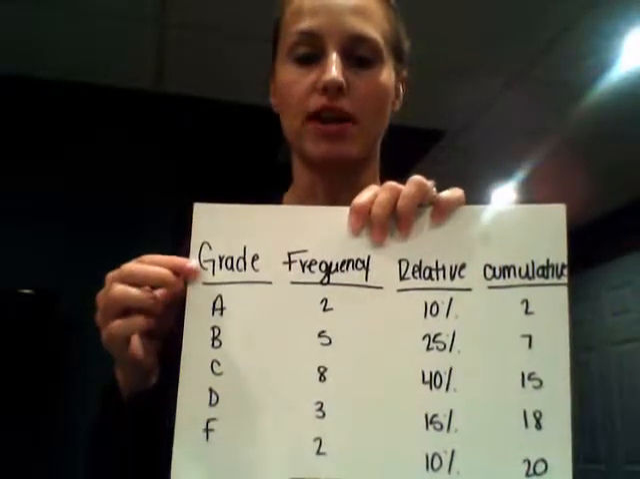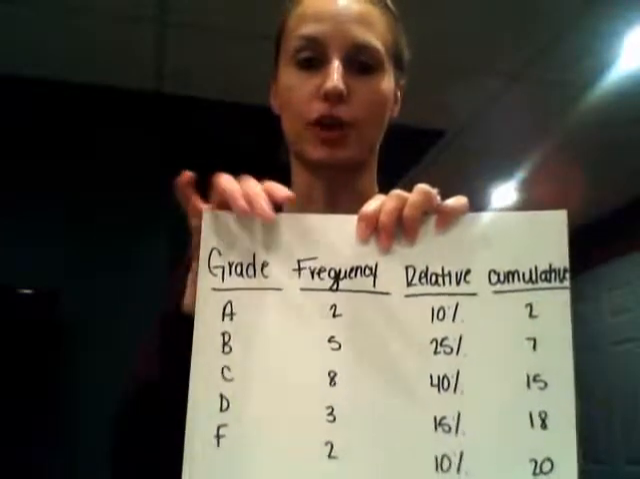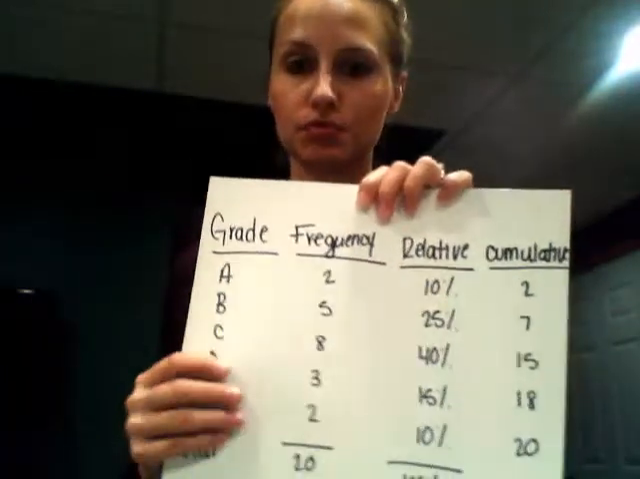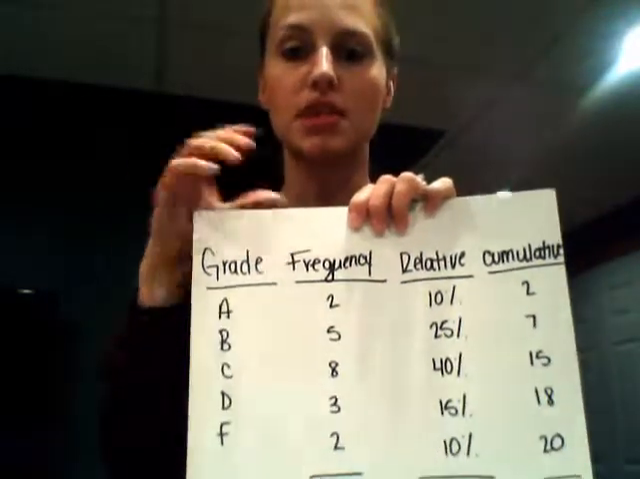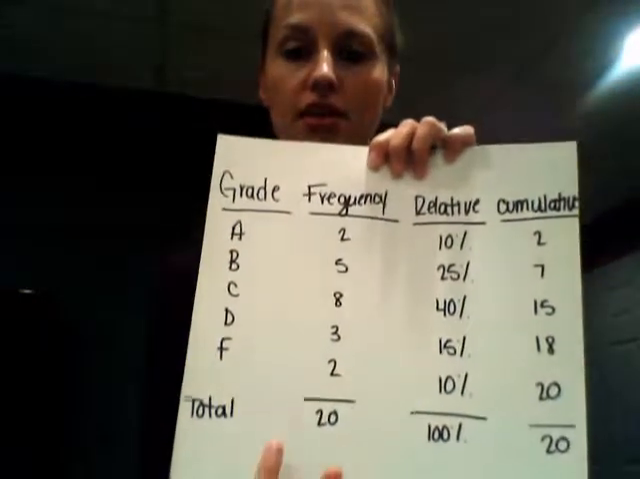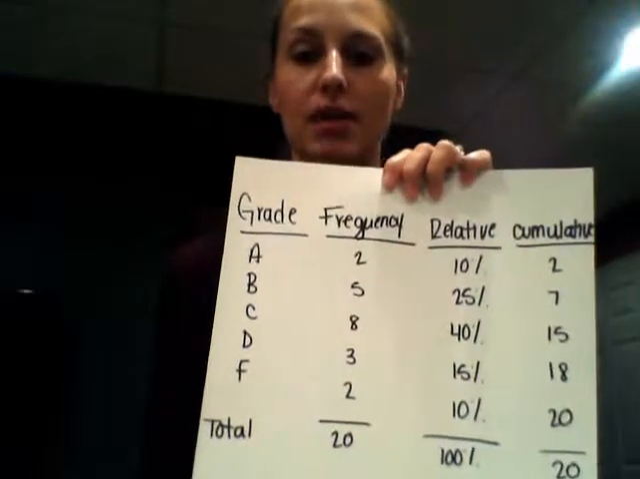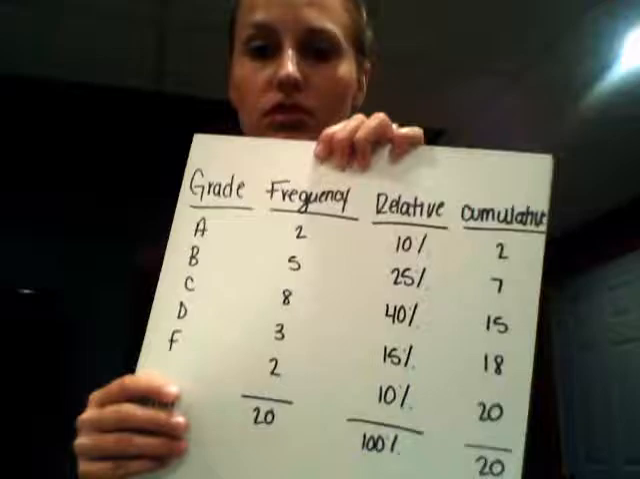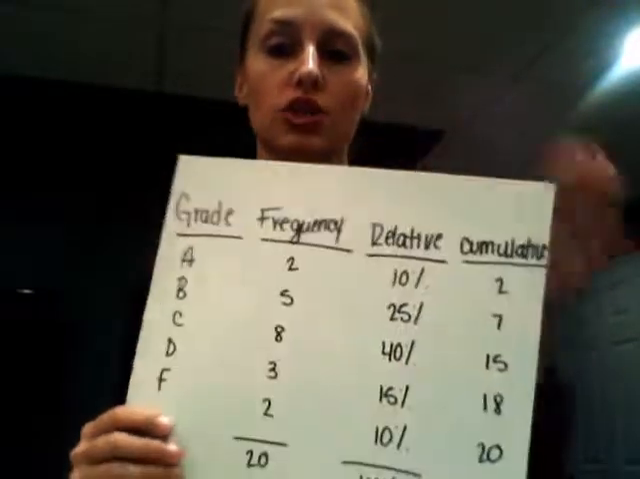So I've listed grades A through F, and then I've also listed the frequency for that specific grade. So here we have it, there's a total of 2 A's, 5 B's, 8 C's, 3 D's, and 2 F's, and that's going to give us a total of 20. You don't have to add that up, but I did just to make sure that I was going to have the right information. To get our relative frequency, we are going to